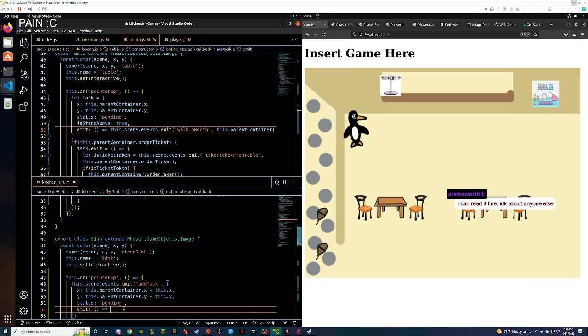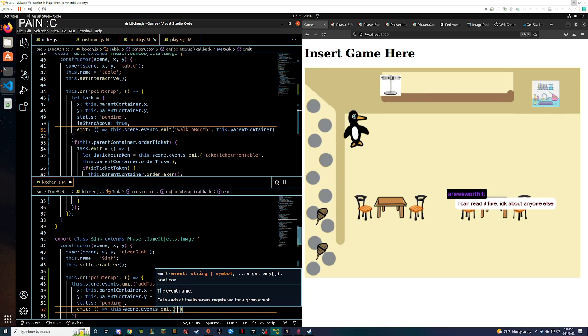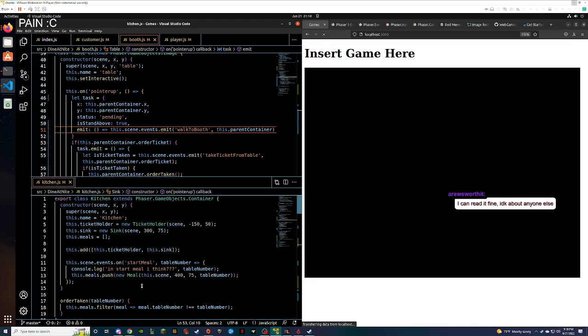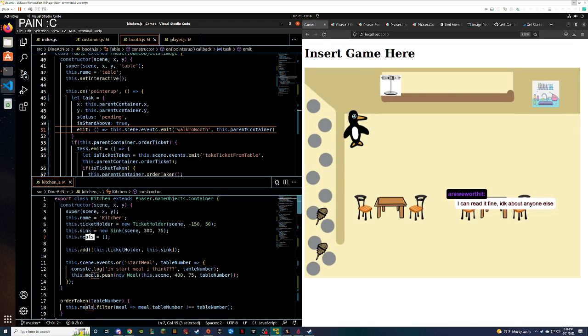So we want to do this.signal on events.emit walk to sink. We're just gonna pass it the sink for now, I think. Its parent container is the kitchen, which has the meals and sink. That might be useful for later, so we're not gonna worry about it right now.